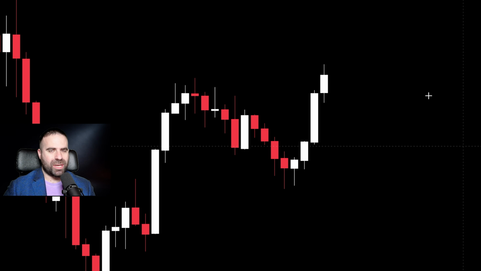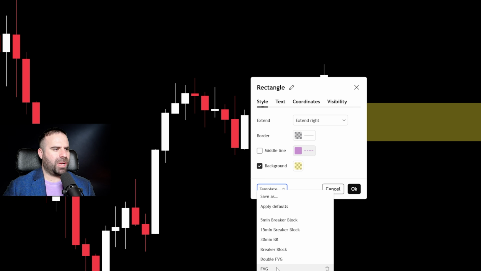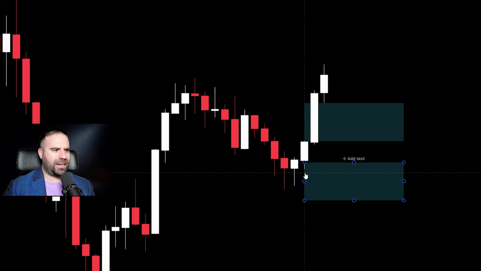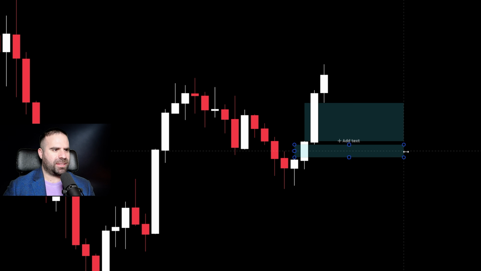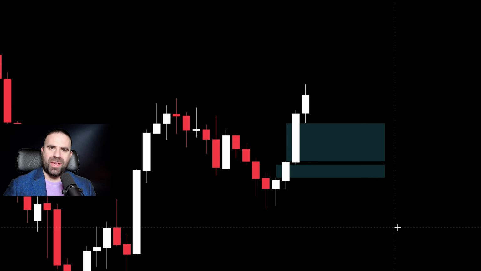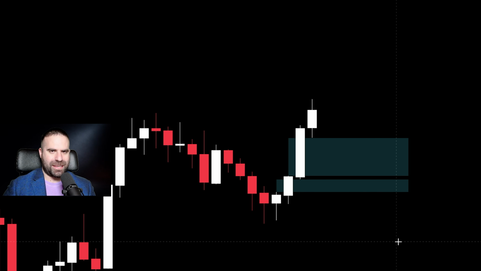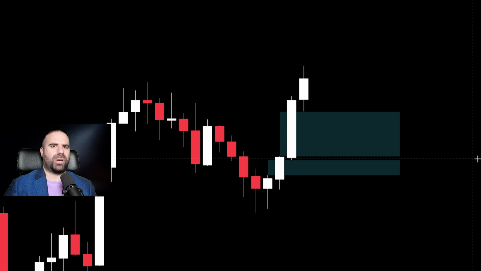One of your issues is that you go ahead and you identify all the fair value gaps. You say, as an example, I have this fair value gap right here, and you also say that right below it, I have yet another fair value gap. It is this fair value gap exactly right here, this tiny one. Now, the first issue that you are having is that you don't know which fair value gap is going to be tested. And even though this is something that you are never gonna know exactly which one, I'm gonna give you high probabilities with this thing that I'm gonna talk about right now.